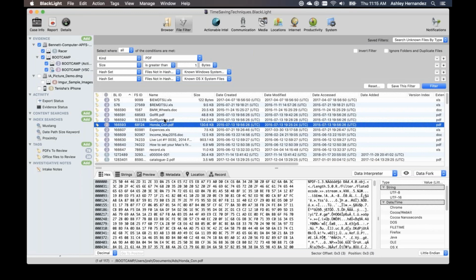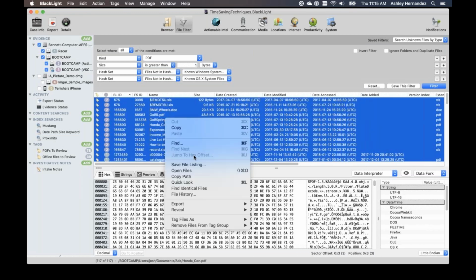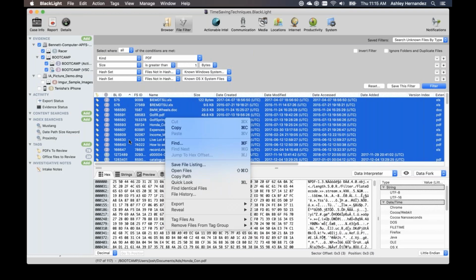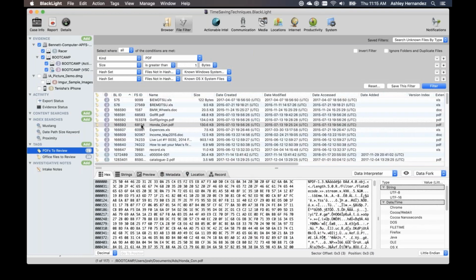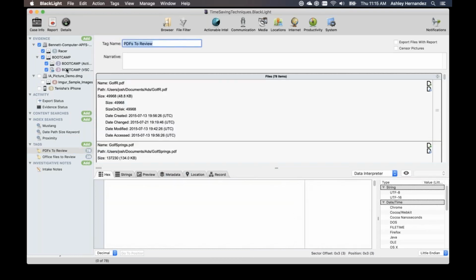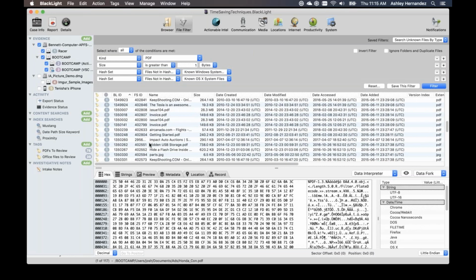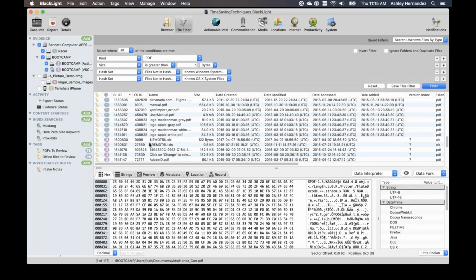I could choose to select all of them and tag these items. So I could tag these files as PDFs that I need to review, which I actually already did before. You can see them showing up here on the PDFs to review as the items that I've selected. And I can also tell that they're already tagged because I can see the tagged item column here shows that these ones are tagged. So I could do that for PDFs to look at those.